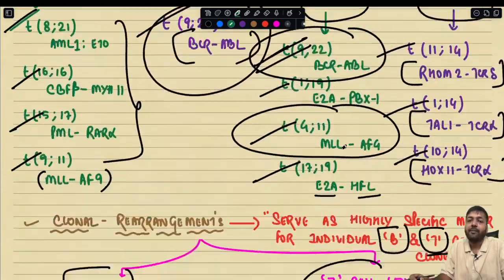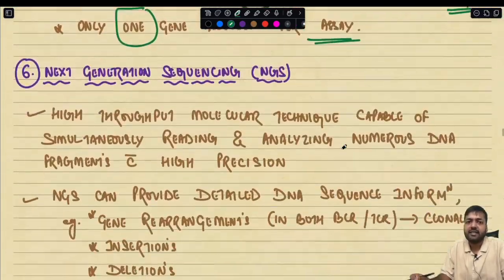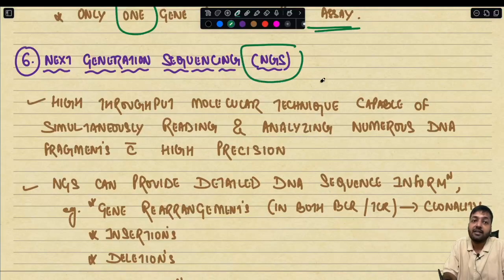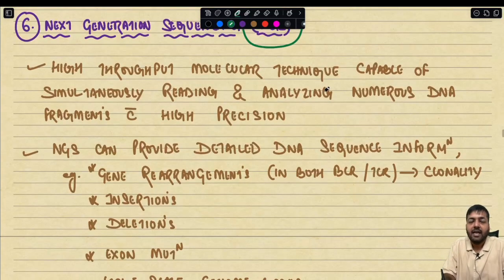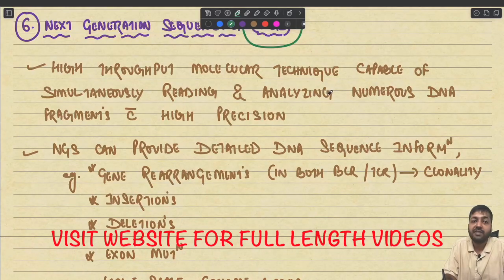Okay. Now we are going to discuss the next important molecular marker, that is next generation sequencing. It is a high throughput molecular technique which is capable of simultaneously reading